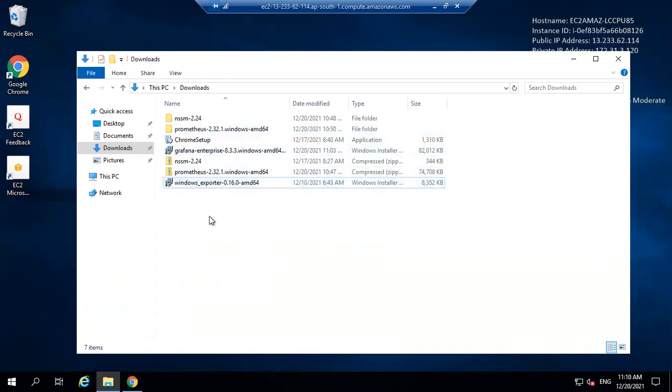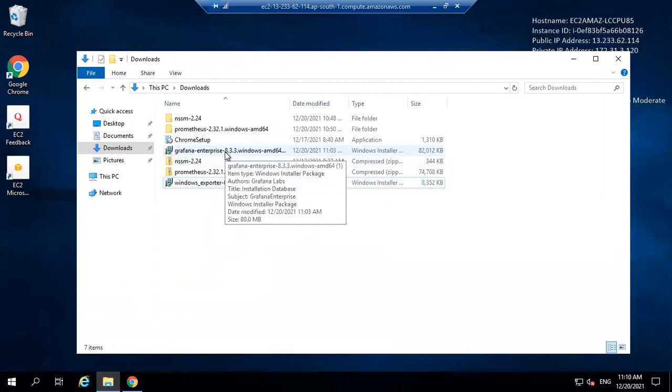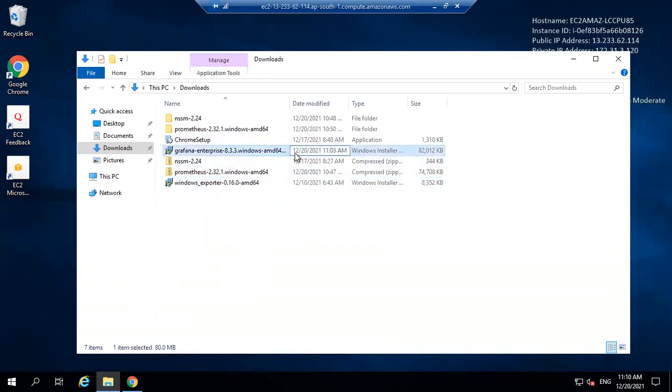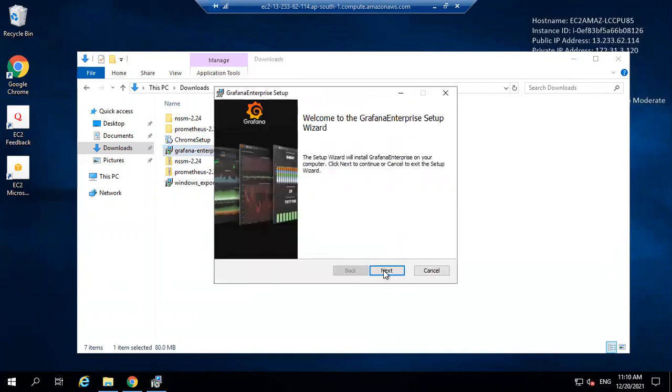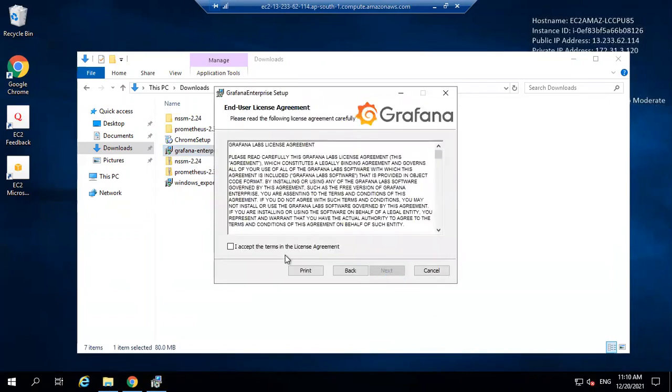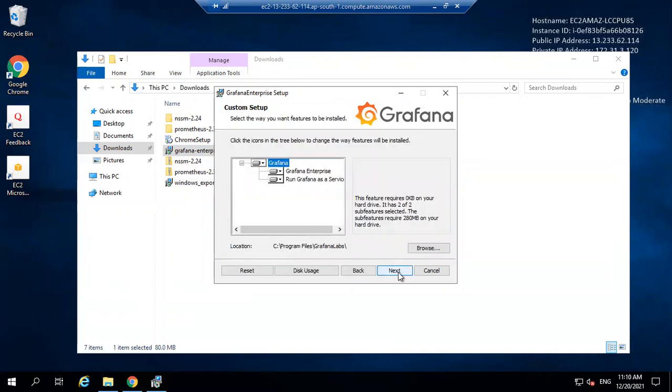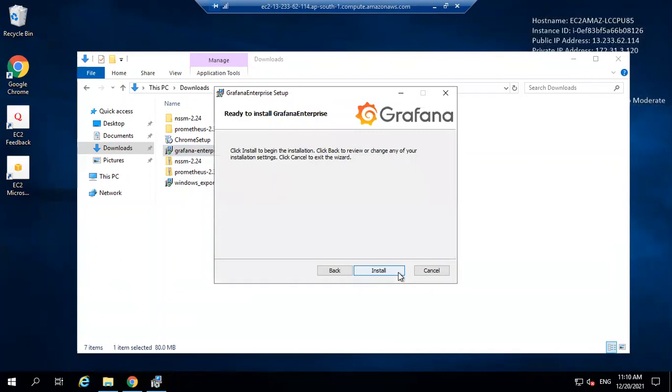So let's start from Grafana. Firstly, we are going to install Grafana. You can see the installation. You can install from the official Grafana site. So click on next. Then I accept the terms in the license agreement and click on next. Next. Then install.